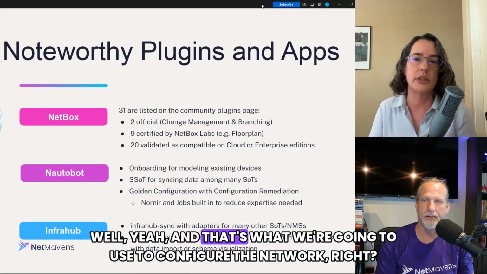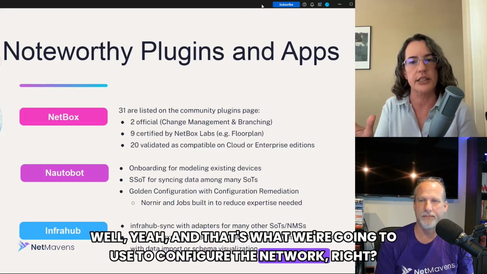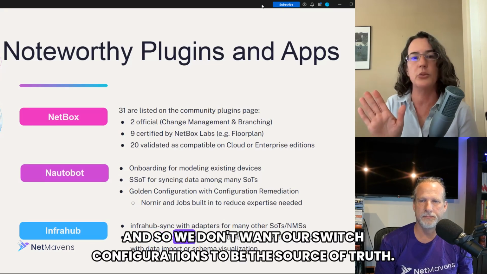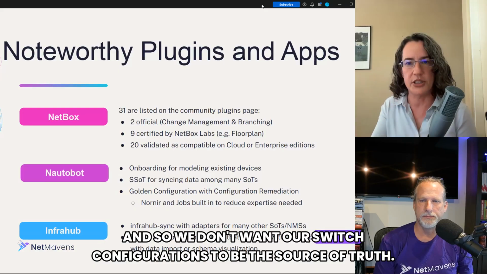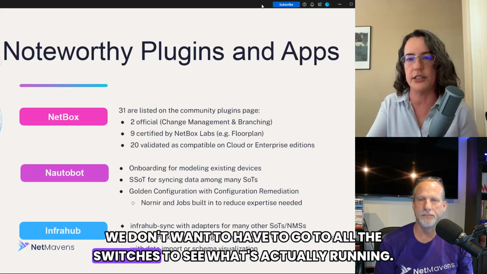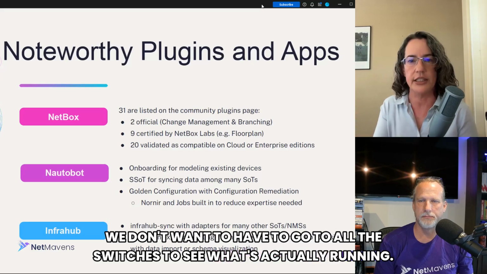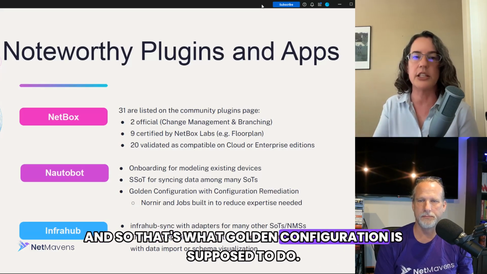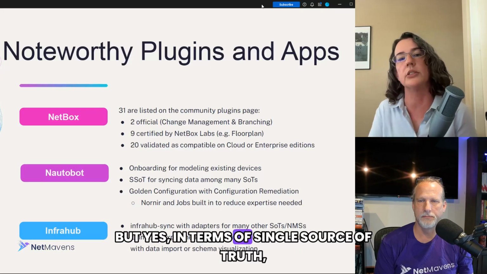Well, yeah, and that's what we're going to use to configure the network, right? Because we want Nautobot to be the source of truth, and so we don't want our switch configurations to be the source of truth. We don't want to have to go to all the switches to see what's actually running. You want that to be reflected in Nautobot, and so that's what golden configuration is supposed to do. But yes, in terms of single source of truth,